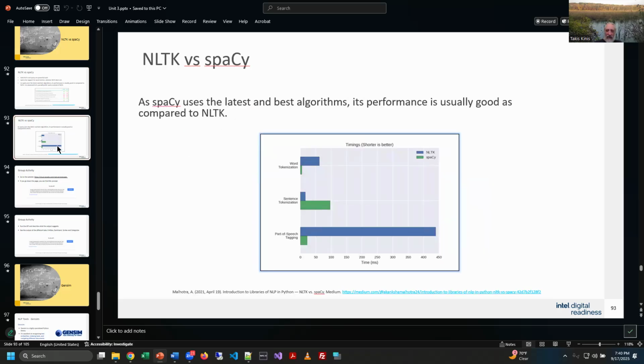They start to do comparisons like how fast it is at certain tasks, which performance is good. And these are little bar charts that show how long it takes to process something. And you'll see that analyzing parts of speech, NLTK takes a long time, right? Whereas spaCy is pretty quick. If you're looking at sentence tokenization, well, NLTK is a lot faster than spaCy. So maybe you use NLTK for the sentence tokenization, and then you use spaCy to do word tokenization and parts of speech. I think that's a pretty interesting little comparison.